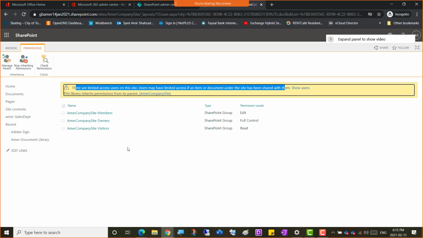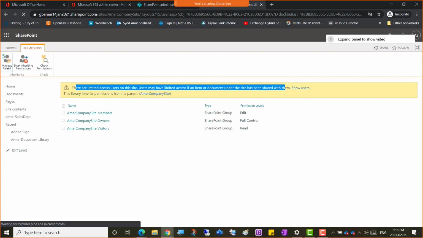So we created a document library, and then there are permissions here. If you go to, there's stop inheriting permissions there as well. It's written, and then check permissions as well. If we first of all go for manage parent here on the top left, manage parent. So if we click the manage parent,